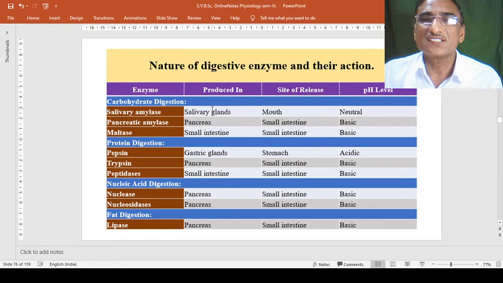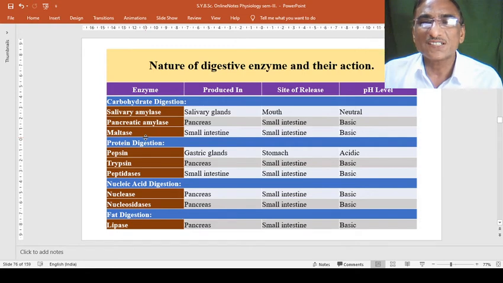These are the sites where the digestive juice is secreted, and these are the different pH levels, either acidic, basic or neutral. So salivary amylase is the enzyme secreted by the salivary glands and poured into the mouth, and it is neutral. Whereas pancreatic amylase, maltase, trypsin, peptidases, nucleases, nucleosidases and lipase are all basic